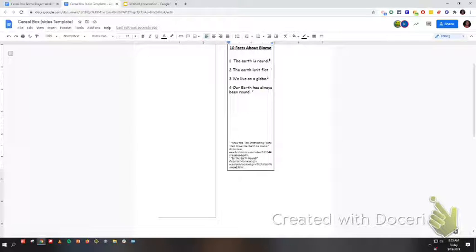But for every single source, you need a number down here so that when I read this right here, I can tell. So let's say you said iguanas eat lions. I'm going to look at that fact and say, that's not true. I need to see that. Or if I think that your fact was just plagiarized and you just copied it word for word, I need to be able to go to